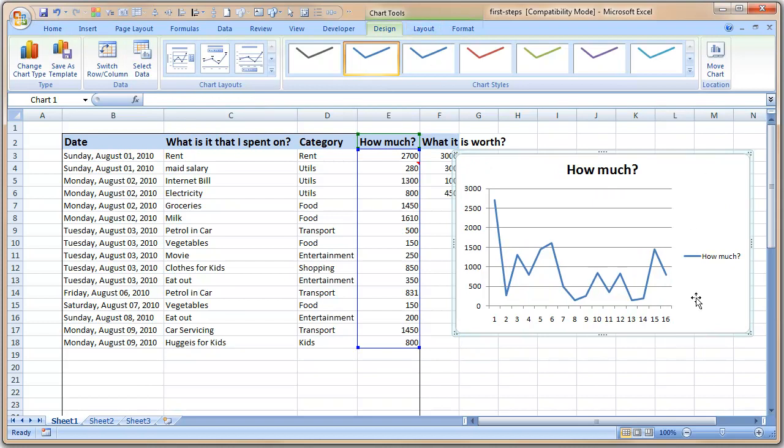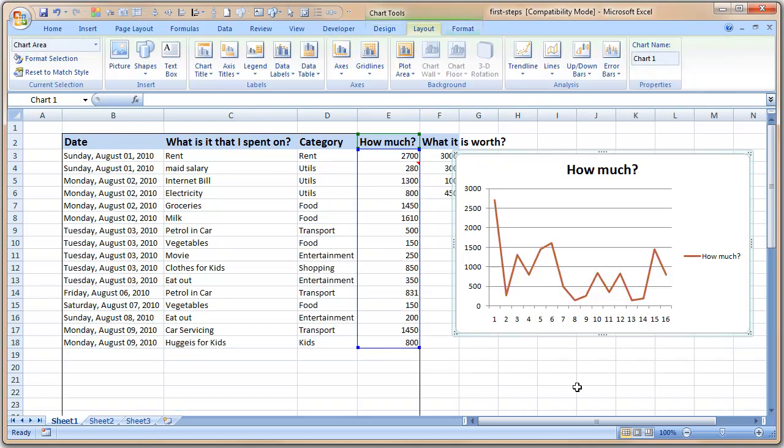Design is used to change the chart layouts and colors, and for example, you can quickly change the color to this one or this one. Layout is used to add some functionality to the chart. For example, you can